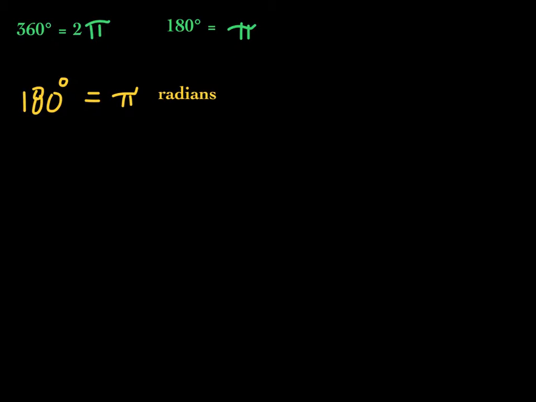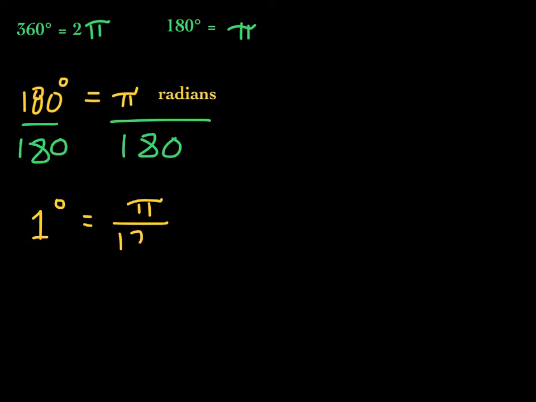So we have this equivalence that 180 degrees is equal to pi radians. If we divide both sides by 180, look at this equivalence that we have now. We would have 1 degree on the left is equivalent to pi over 180 radian. Okay, so this equivalence is really, really important. Or we can have,